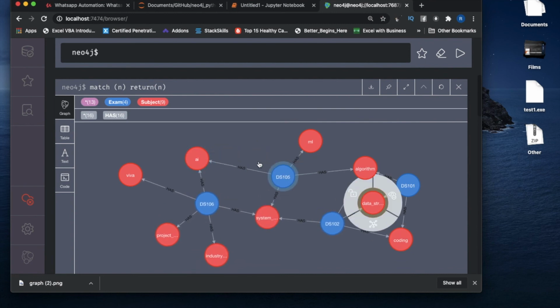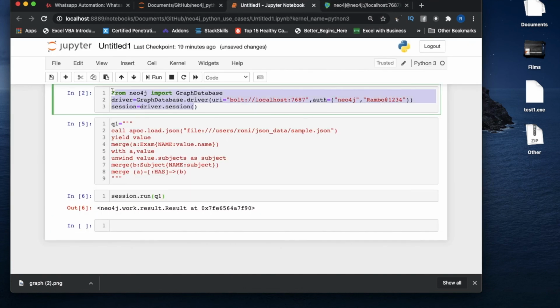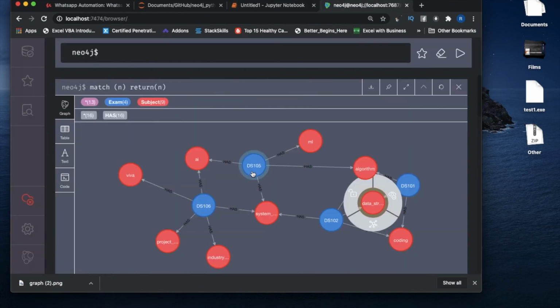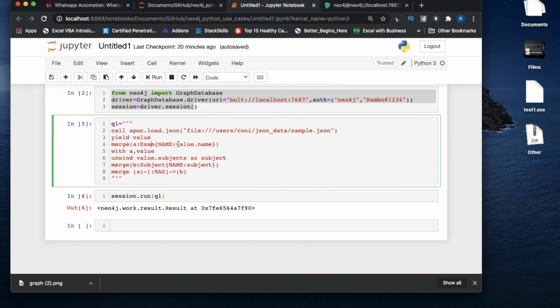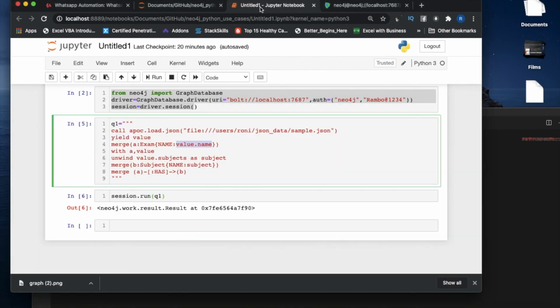So this is very simple, guys. Let me explain this thing again. This part is clear to everyone, I believe. Just connection establishment, and here I'm loading the file, and here I'm creating the exam nodes, this blue color nodes. So I'm creating the nodes with value.name. Value means the whole thing, and there I have a key called name. So every exam node gets this value.name,